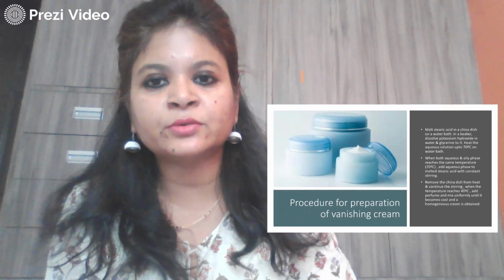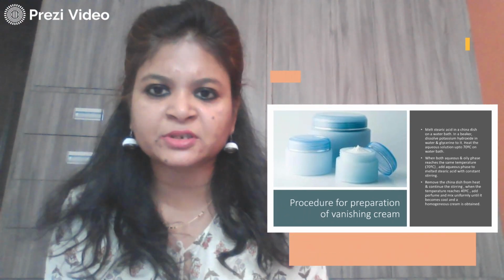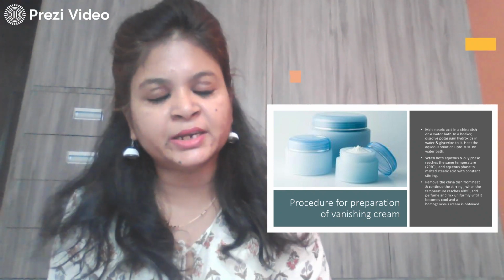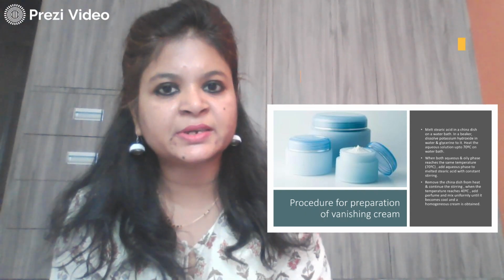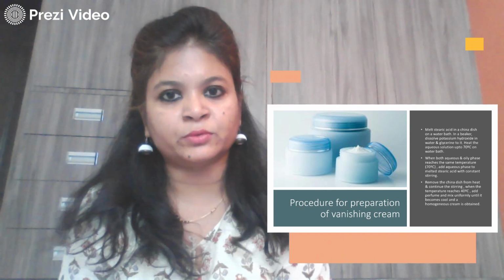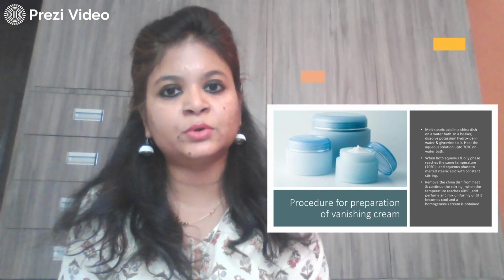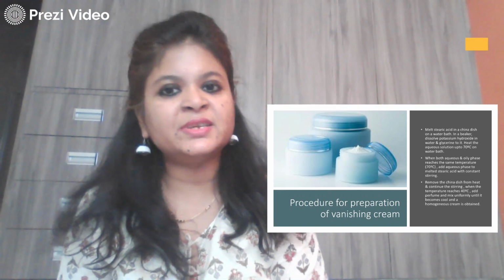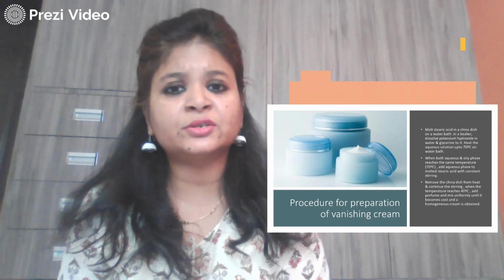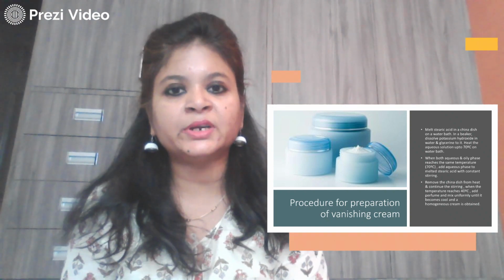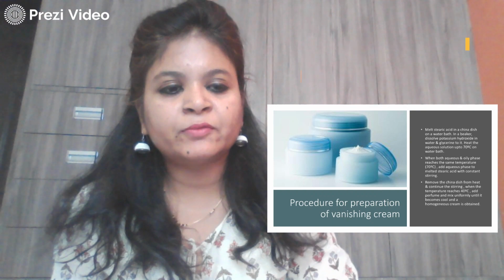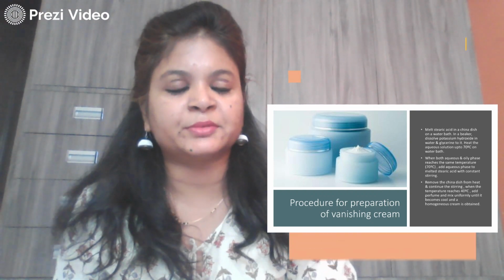So friends, I would like to explain here that the general method for the preparation of creams is common among all of them. You have an oily phase, you have an aqueous phase, you heat up both the phases. Once they achieve 70 degrees Celsius, you mix both. Then you allow them to cool down while continuously stirring, until they reach 40 degrees Celsius. Once they reach 40 degrees Celsius, you add other components like humectants, perfumes, fragrance and other constituents, and then they are allowed to cool down and stored in packaging containers. So I hope you are clear about the formulation and preparation of the vanishing creams.